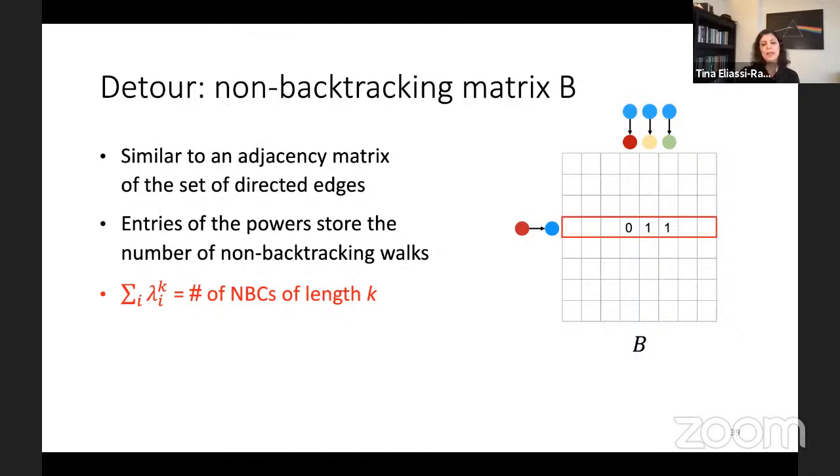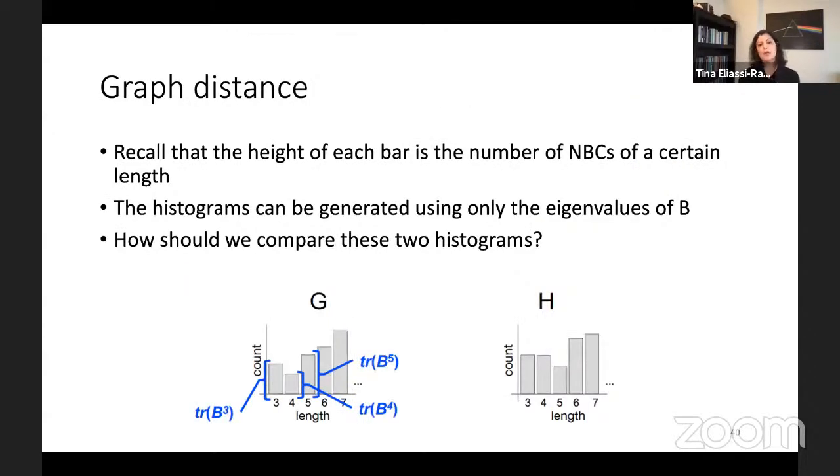the cycles. In particular, if we go back to this picture of what I need, which is the number of triangles that a graph has, the number of rectangles that a graph has, etc., the height of each bar is just the trace of the non-backtracking matrix to the power of that length, which again, I can compute by finding